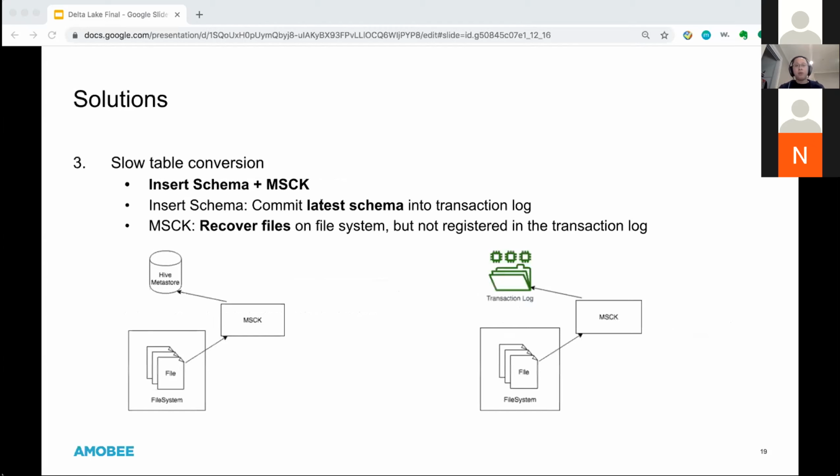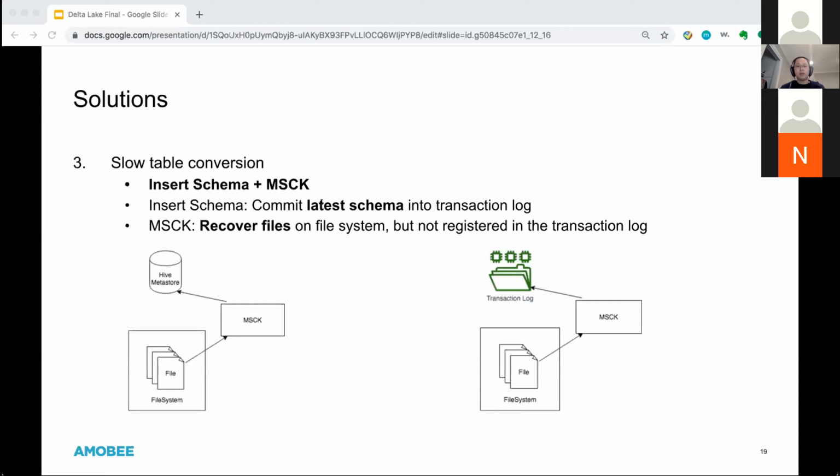So to improve the performance of table conversion, we implemented our own tool for converting tables into Delta format. The tool is similar to Hive. First, we define the schema of a Delta table, and then we follow with a call to our implementation of MSCK in Delta Lake.